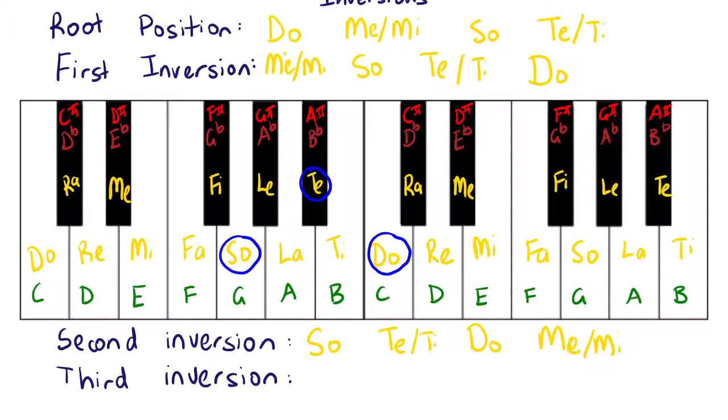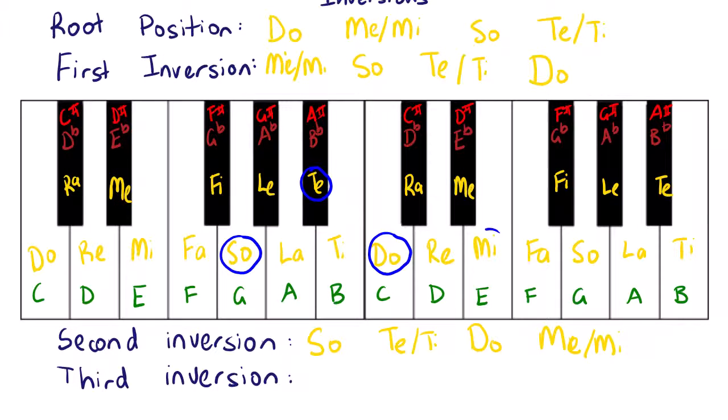So in this case that would be so, te, do, and mi: G, B flat, C, and E. This is C dominant 7 in the second inversion. C is do. It's a dominant 7 chord because it's do, mi, so, te, and so is the lowest sounding